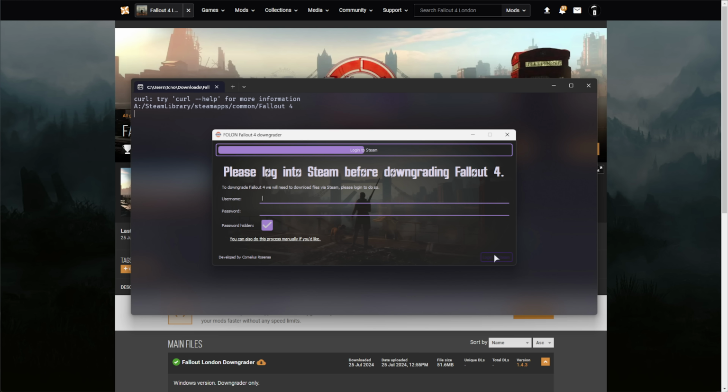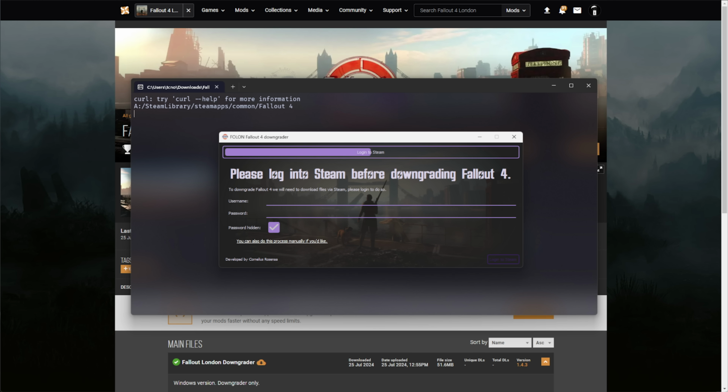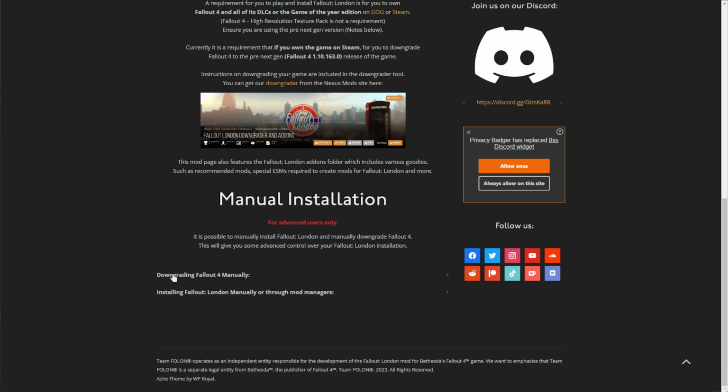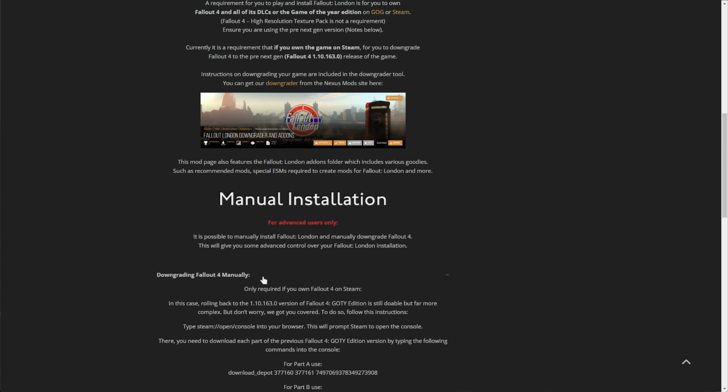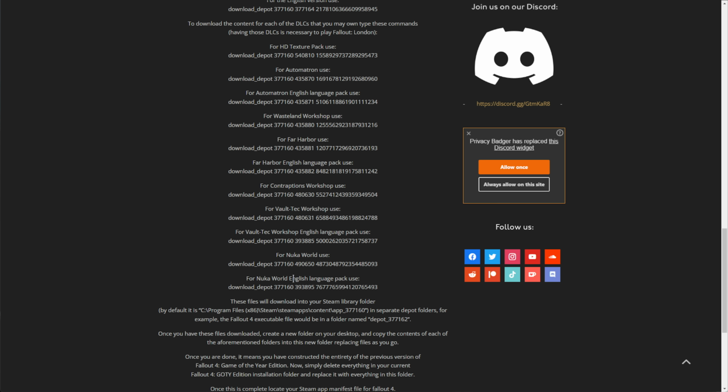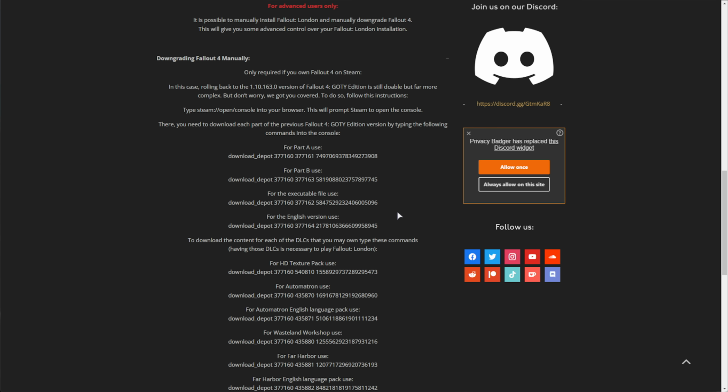We'll click Continue, and it'll require us to sign into Steam. This allows this program to actually download and install all of the previous bits that go together to make Fallout 4. You'll find steps on the release page for Fallout London down below, where you can choose manual download over here, and it'll tell you everything that you need to manually download and set up in order to get this thing working properly. This seems to be the way that we need to do it here, as if your account